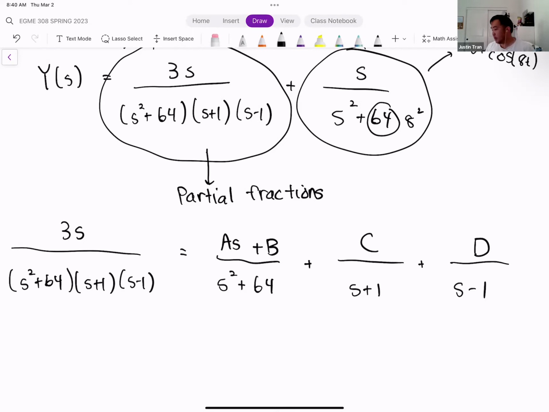From here, you multiply by the denominator and solve for all the coefficients. It is fairly time consuming, I know, because we have 4 terms here, so we end up with 4 different equations. But that's basically how you would set this one up. Did that help, Sean, with this problem? Okay, good. I think the majority of the work is in the partial fractions, but once you set it up, it's good from there.